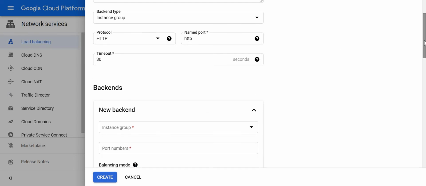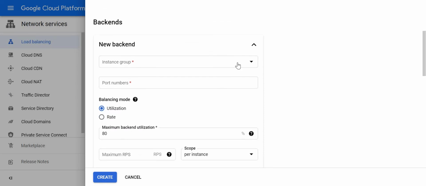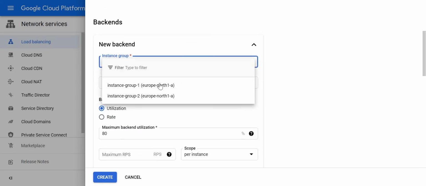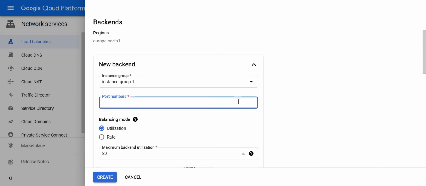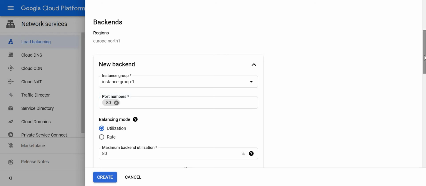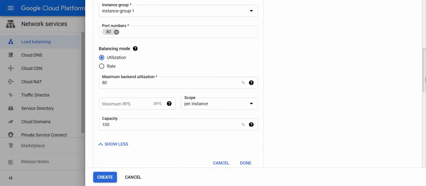Then timeout setting we will keep as default. Here you can select backends. You can see I have created one instance group, which is the managed instance group. Select that, and port numbers. What are the port numbers for this? You can define over here. You can provide multiple port numbers also. I am putting only one for this demo.